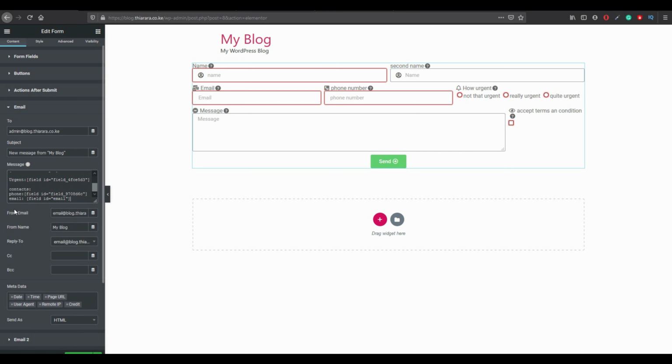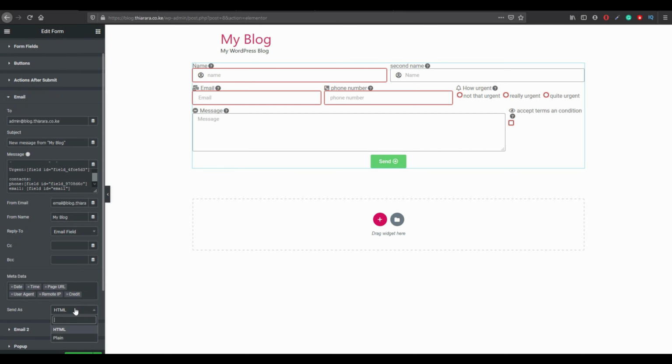Where do you want the email from? You are the one to receive the email from. Reply to the customer. Form field, reply to email field. This is the one to be responded to. Copy, and if you want someone to be CC'd, you can enter his or her mail. Let's now set the meta. These are the things: we have the date, we have the time, the page URL. You may need all of these. You want it to be selected. Yeah. Let's update